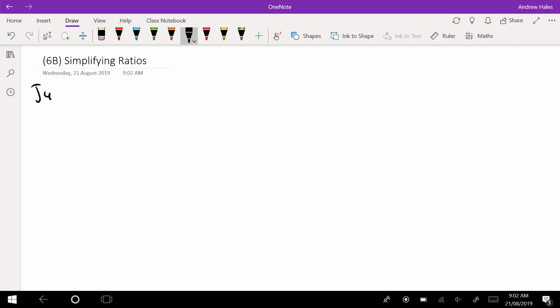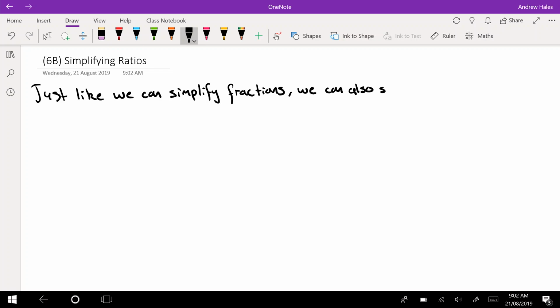So, just like we can simplify fractions, we can also simplify ratios by, how are we going to simplify? Well, we divide